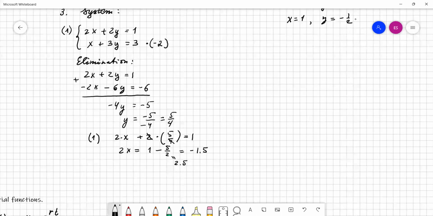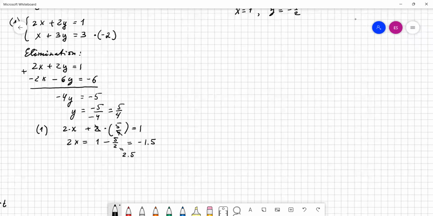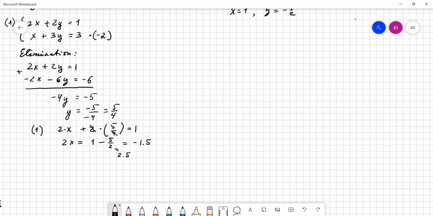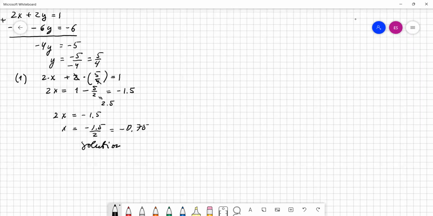And let me scroll a little bit. Sorry, I have something from the previous lecture on this notebook. So we have 2x equals -1.5, or x equals -1.5 divided by 2, which is minus 0.75. So my solution is going to look like x equals minus 0.75, and y is equal to 5 over 4. That's my solution. And you see there are not many x's and y's which are going to give me